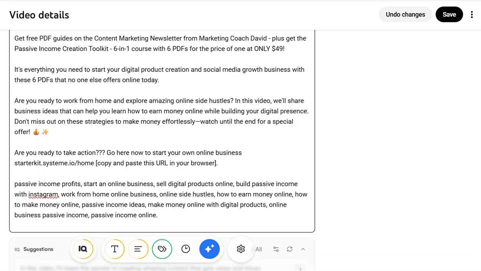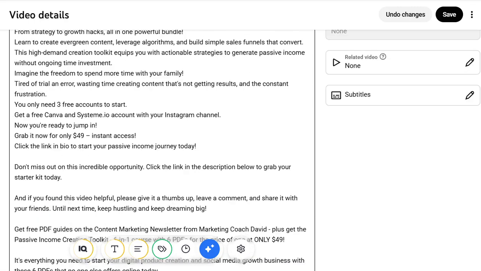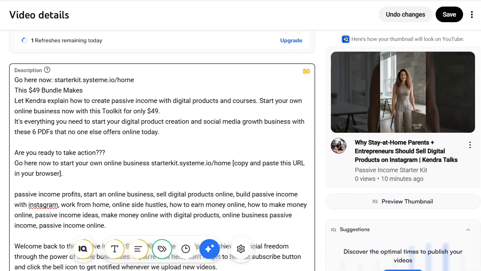Okay, so I want to show you here too. If you have, for example, social media links, make sure you put them at the bottom because you don't want to take up valuable space at the top with links here. I mean, you can add one or two, right? I know I can't put in this full URL right now because I just got to verify the account because it's a fairly new channel. So if I put in something like